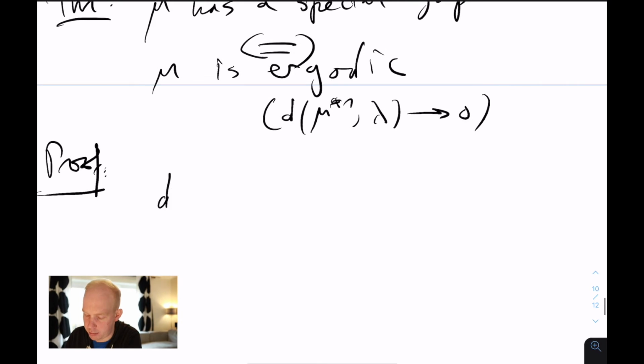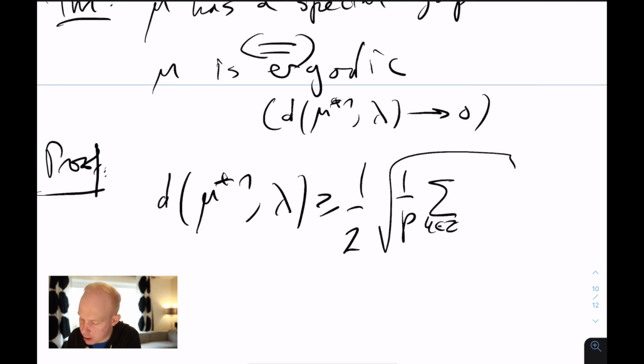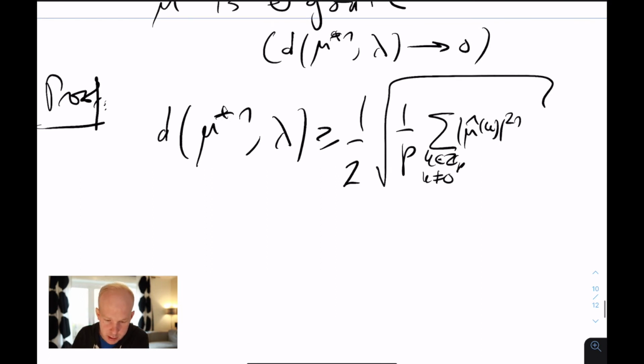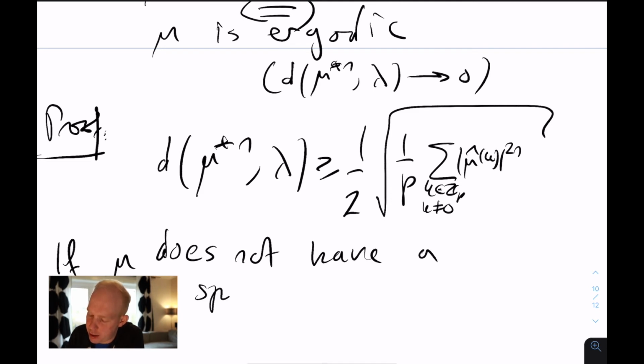the previous slides, which was this: if you take the total variation distance to the uniform, then this is bounded from below by a half of 1 over p, and then you have the sum over k in Z_p, k not equal to 0, of mu star k to the n. And now you can use the fact that, let's say, if mu does not have a spectral gap,